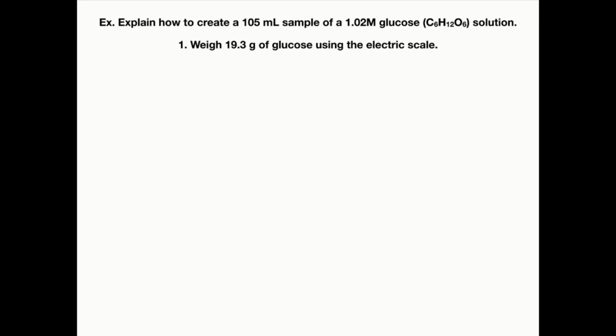Some other tools that you could use would be a spatula in order to scoop it up. You'd use a weigh boat in order to put the glucose onto the electric scale. But the main point is, in determining the mass that you have, you need an electric scale. Then I'm going to have to add it to a container, and that container needs to be able to measure up to 105 milliliters. So if you look back at the tools that you have,